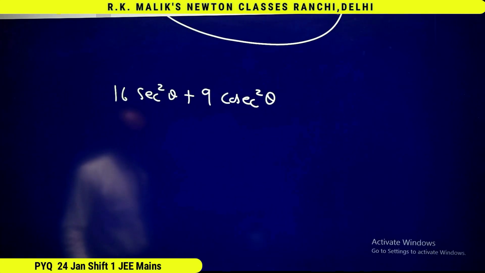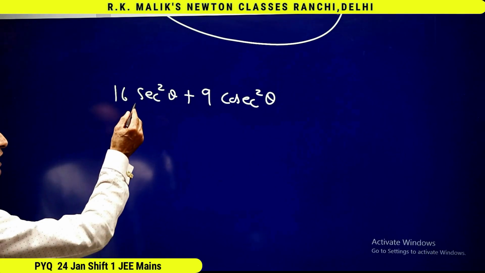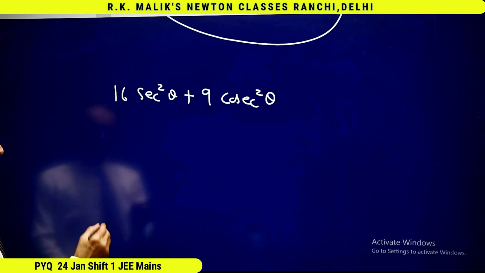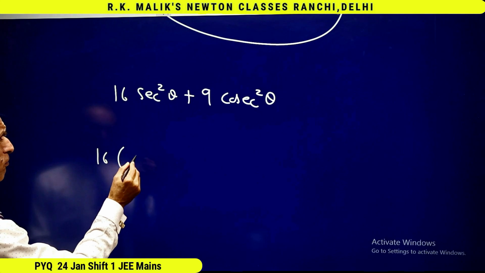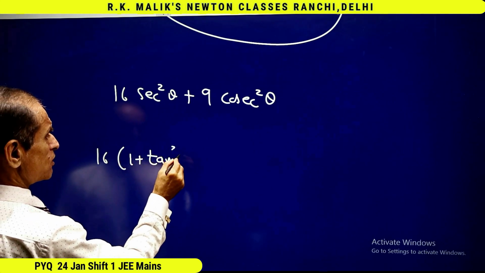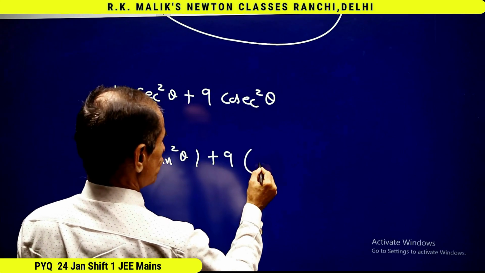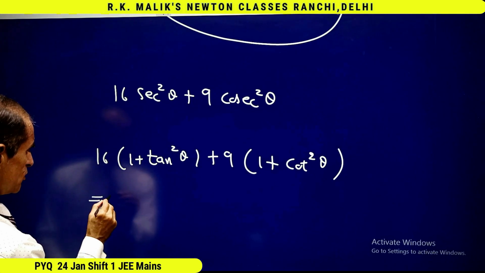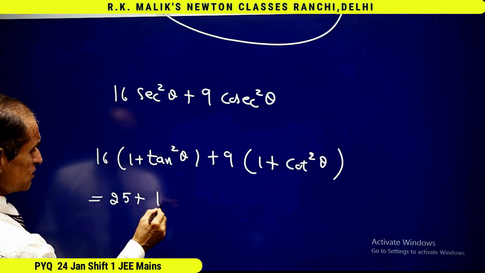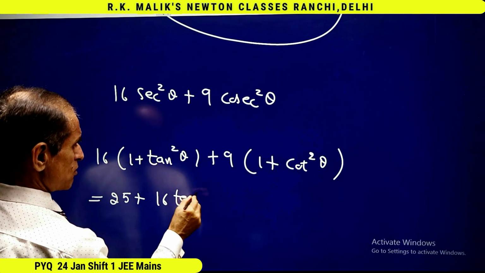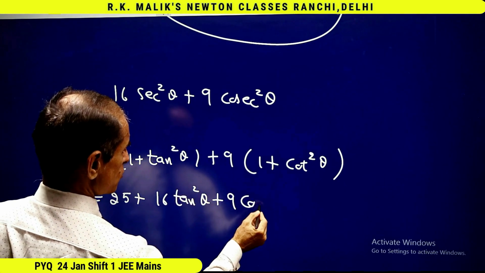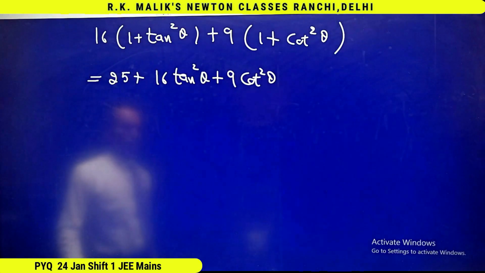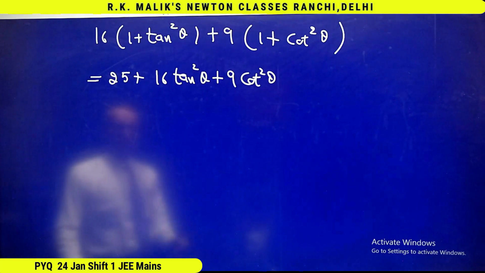The smart way of doing this question is to write sec²θ as 1 + tan²θ, and cosec²θ as 1 + cot²θ. I'll get 16(1 + tan²θ) + 9(1 + cot²θ). That is 25 + 16 tan²θ + 9 cot²θ. And using the concept of arithmetic mean greater than or equal to geometric mean, I can easily say